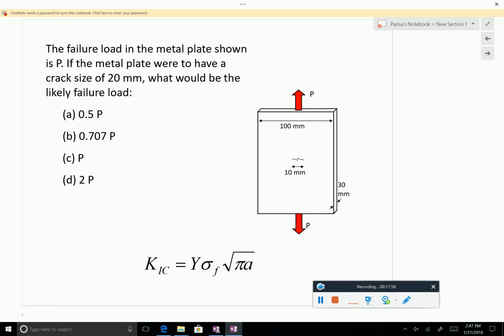Now try to spend a little bit of time, talk to your neighbors, and see if you can get to the right solution. Right now the equation for 10 millimeter and 20